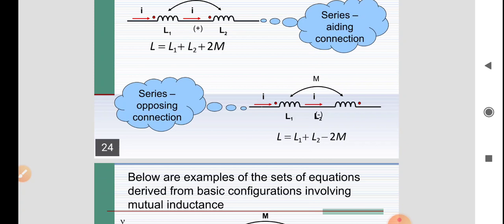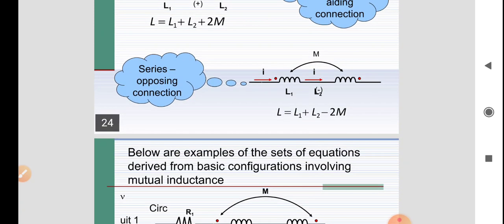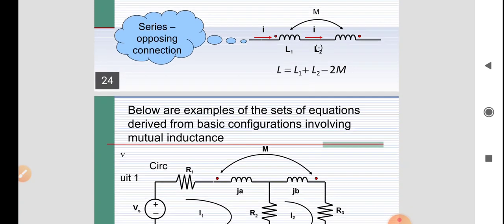And why are we representing 2 here? As we have two dots, we need to represent the mutual inductances for both separately. So here the first coil's mutual inductance is minus M. Similarly, the second coil dot also has another mutual inductance, which is M. As both are in the opposite direction, we represent it as negative.